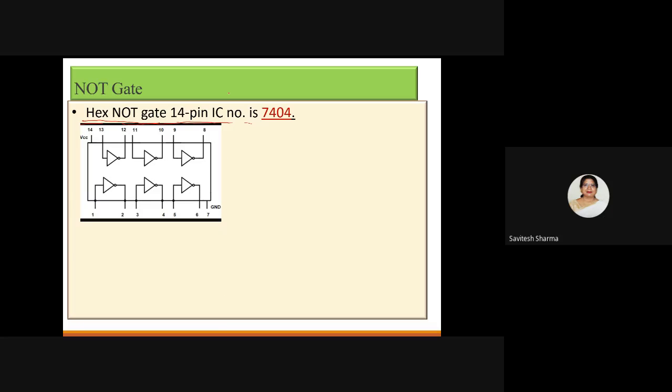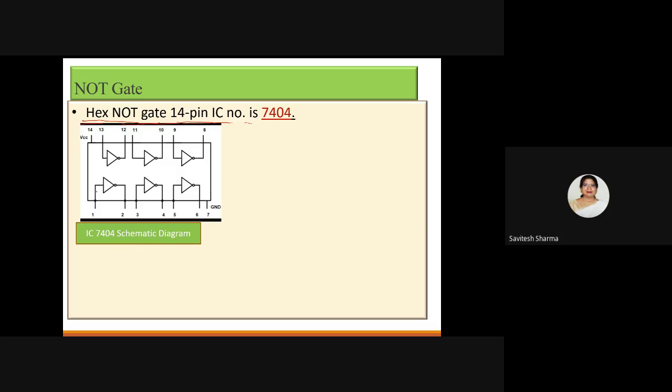How 6 gates are available in the IC, you see here in the schematic. This is the schematic of the IC. This is not the physical, actual, real diagram. It is just to understand how inverters are arranged inside the IC. So in the schematic diagram, I'm showing 14 pins. Numbering is there. You see 1, 2, 3, 4, 5, 6, 7 numbers I'm showing here. So a total of 14 numbers I'm showing here. That is actually your 14 pins.